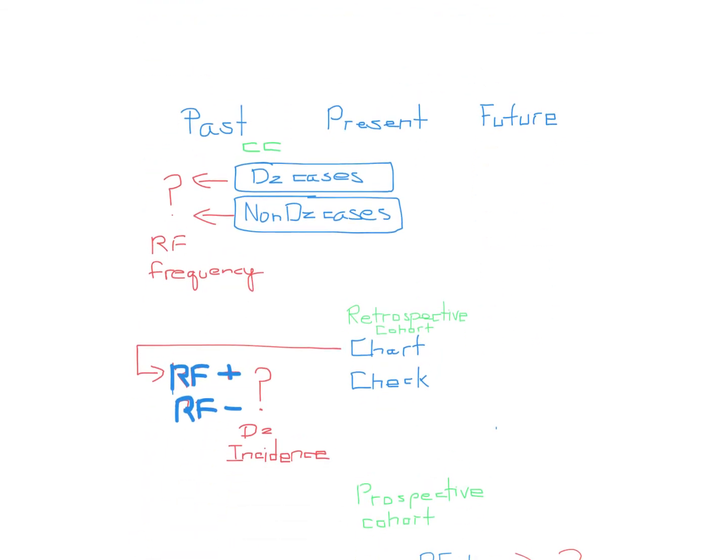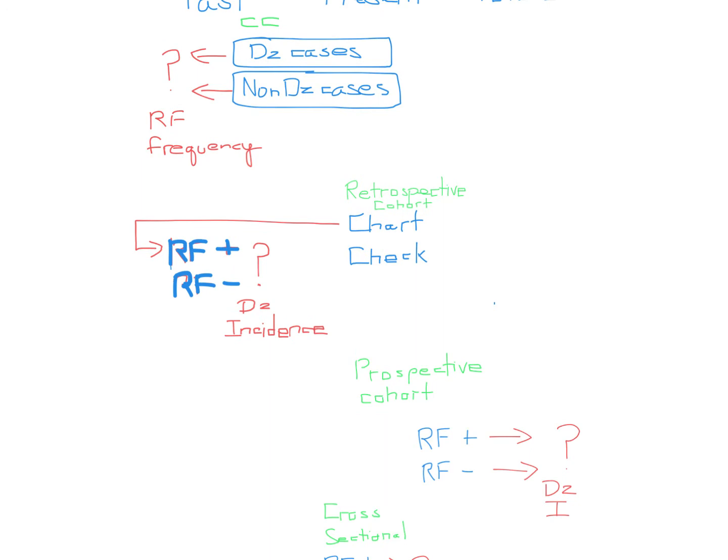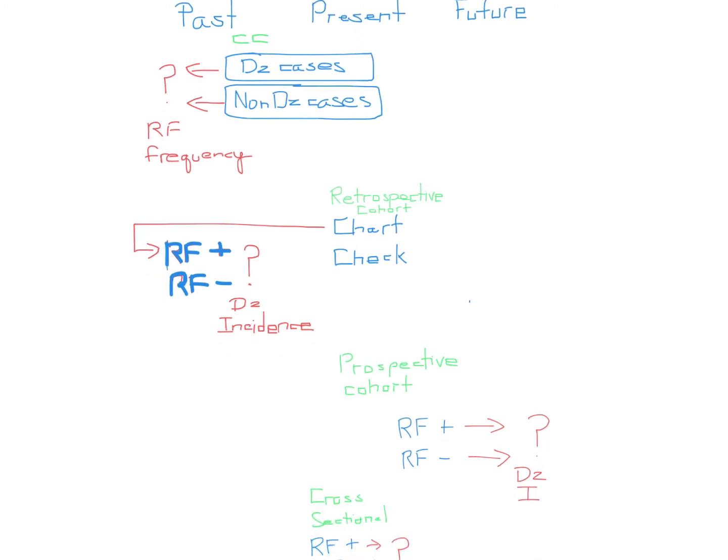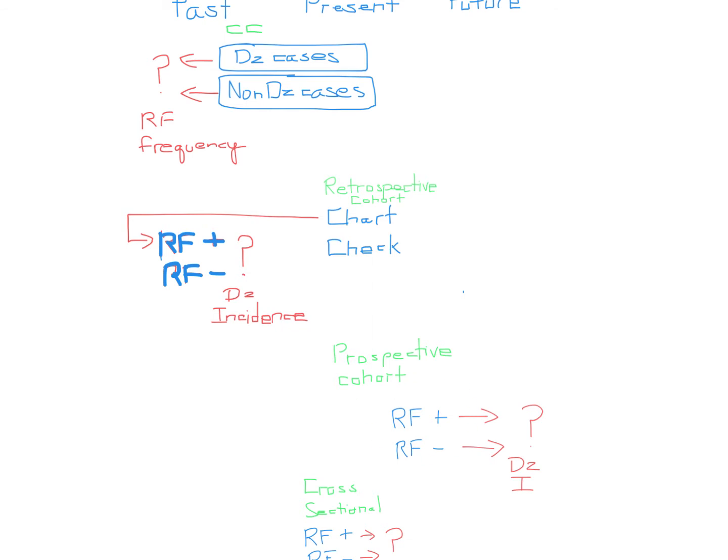A useful thing to look at is what it can be confused with, which is a retrospective cohort, and then there's also the prospective cohort. The thing to remember about cohort studies is that you first look at the risk factors. That's why it's in blue, right? In case control, you're looking at diseases, so a group with and without the disease, versus cohort studies, which are looking at risk factors. The retrospective and prospective just refer to the timeline. For a retrospective cohort, you're looking at risk factors in the past, and for prospective, you're looking at risk factors in the future,